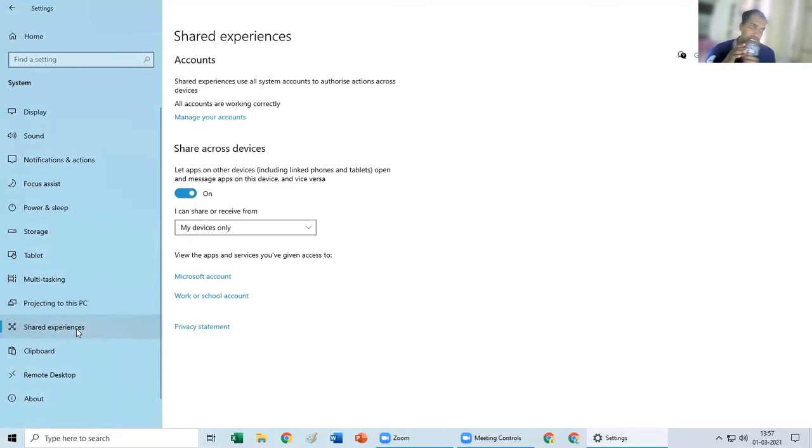Shared experiences. This is yet another very nice feature. Most of us have used Xender or file sharing apps like ShareIt on mobile phones, where you share some data with another person, and it's very fast also. A similar kind of thing is here in Microsoft, where you can share certain things with nearby computers. Nearby computers which are available can access or share data with your computer with this option.